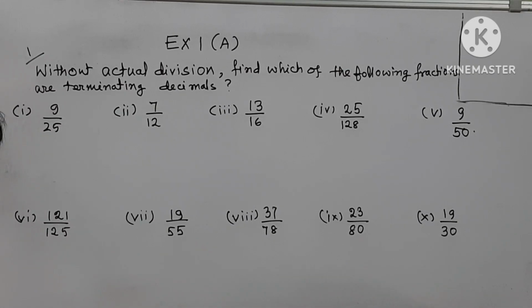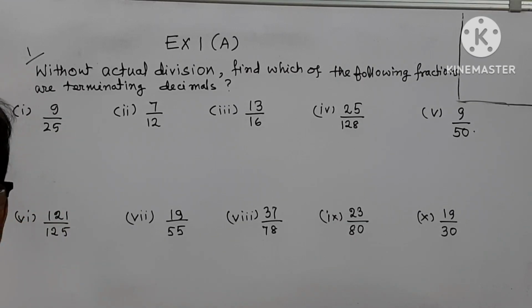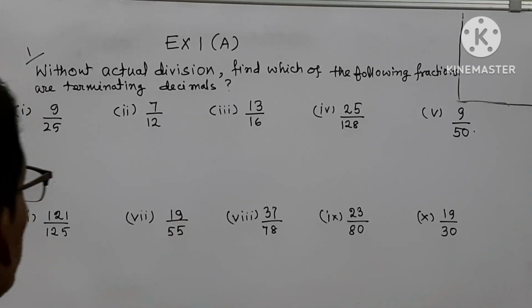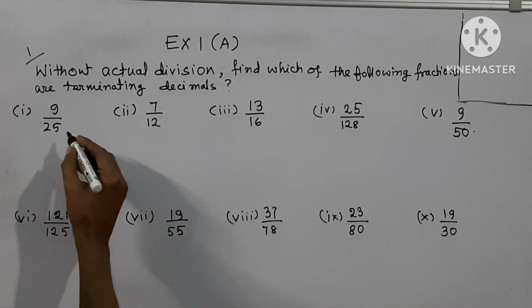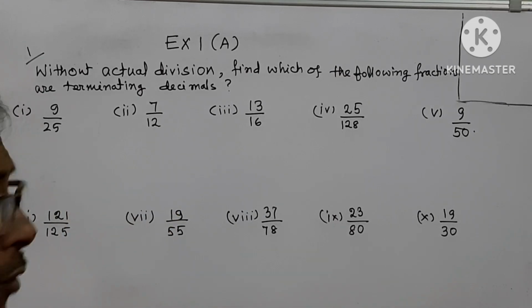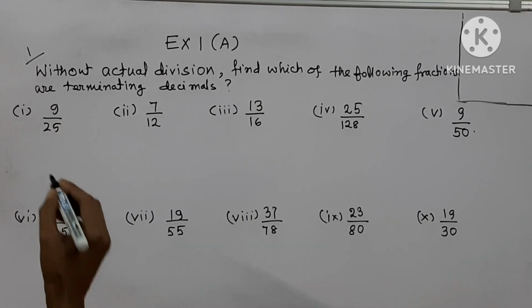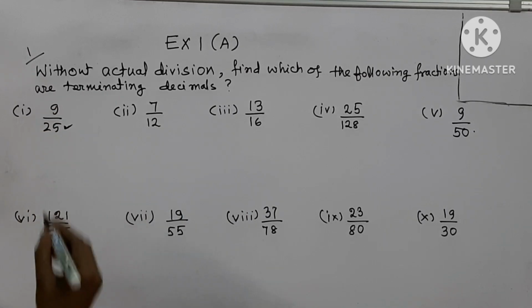So there must be some concept to find whether it will be a terminating decimal or not without actual dividing. Without actual dividing, you can determine whether it will be a terminating decimal or not if you do the denominator's